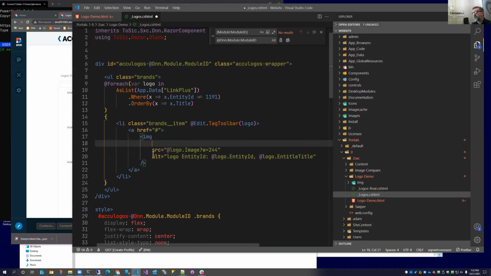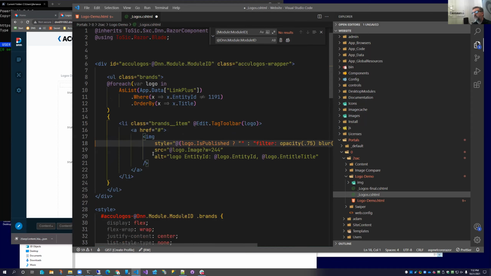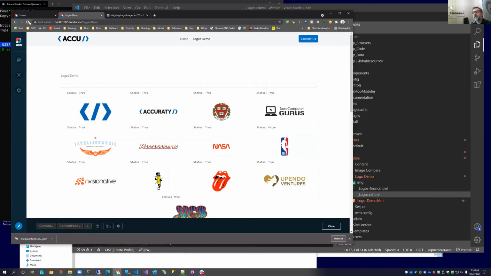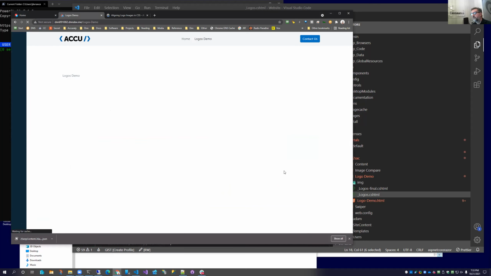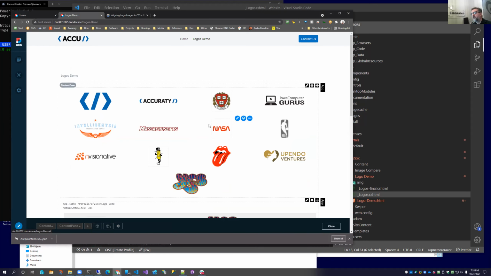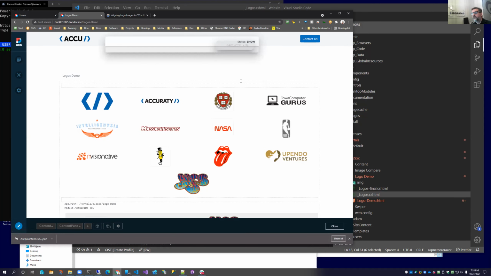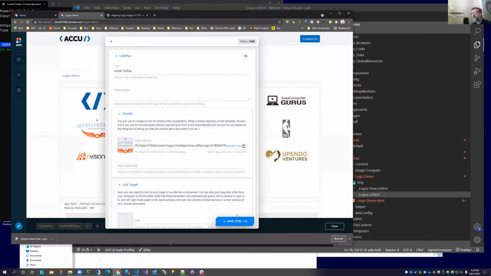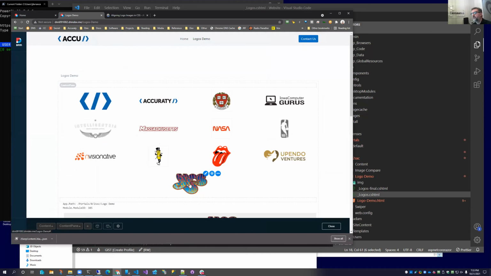Usually when there's a lot of stuff, I break out all of my HTML like this nowadays. And so I'm putting a style in place. And I'm using logo.isPublish, which we know is a true or false. And when it's true, I'm doing nothing. Yeah, you're graying it out basically if it's not. So watch this. Now you're going to see the NBA one now is blurred and grayed. I mean, so it's really visually interactive, and it just makes these interfaces really easy to use and joyful and understand.